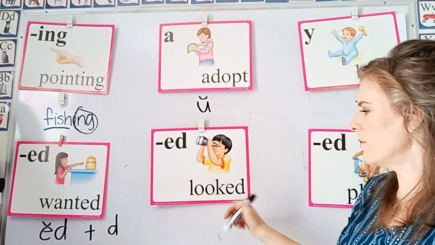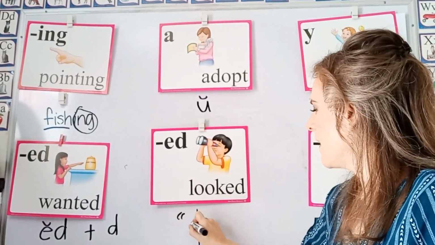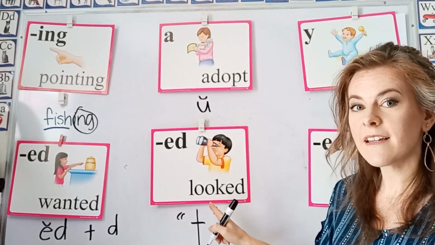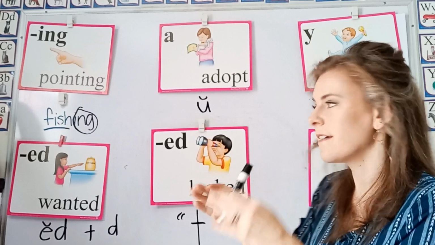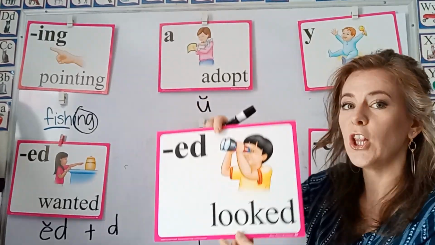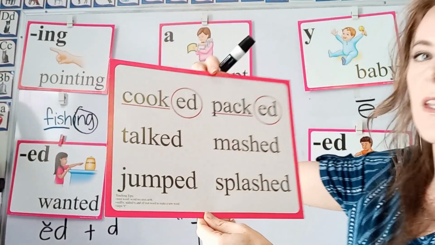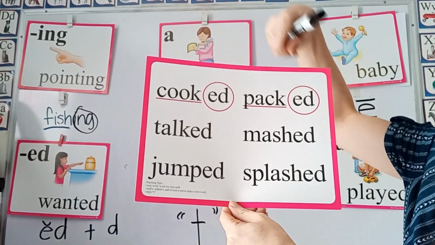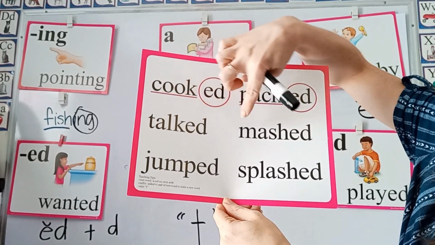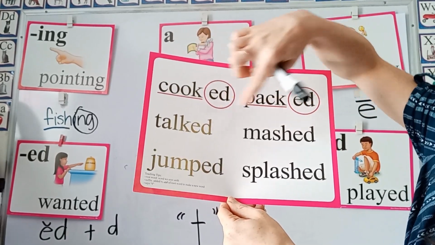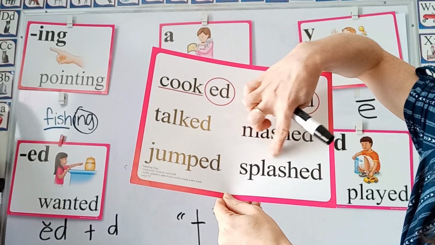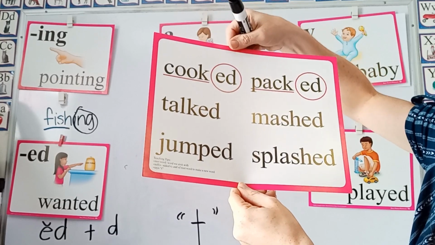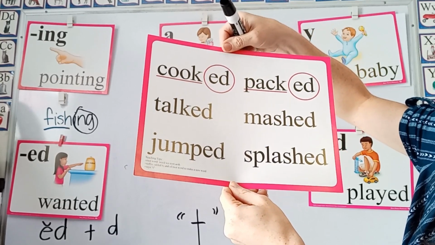For this special sound, it makes the T sound. Looked. I looked out the window. Looked. Cooked, packed, talked, smashed, jumped, splashed. Now this is a suffix, and it's added to the end of a root word to make a new word,